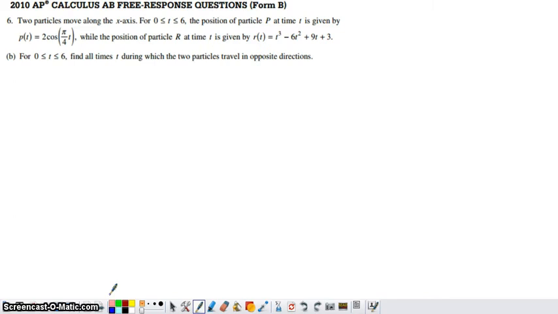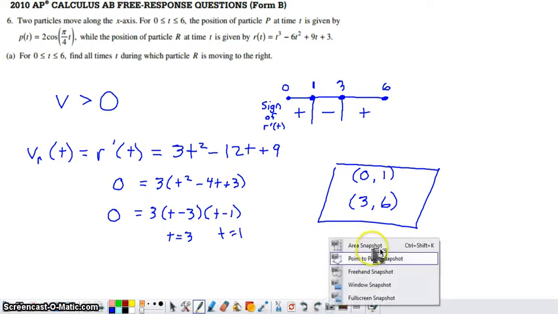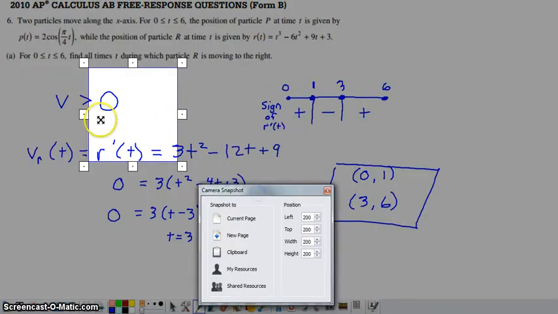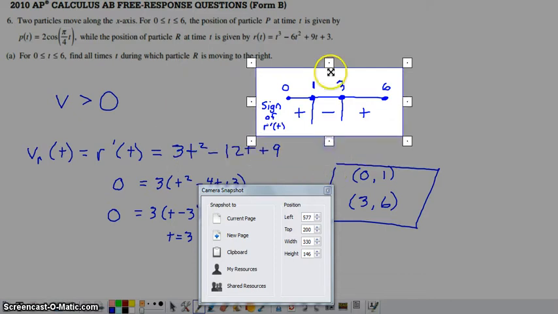In part B, we want to determine all times during which the two particles are traveling in opposite directions. What I'm going to do is go back to part A here and steal this sign chart, because this sign chart is essentially going to tell us when particle R is moving to the right and when particle R is moving to the left. So if I go ahead and copy this to this new screen, we're basically going to want to take a little bit of time to do the same thing